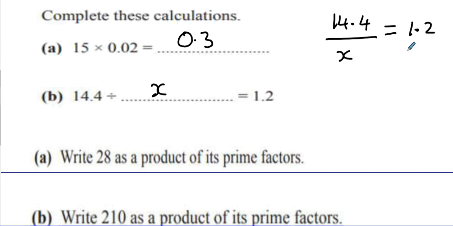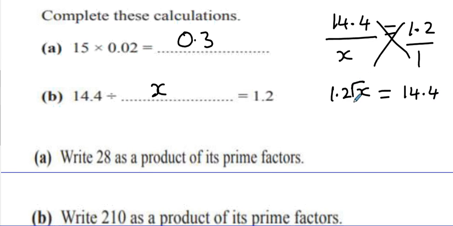See that? So keep this over 1 and cross multiply. This will be x times 1.2, that is 1.2x, and this is 14.4 times 1, which is 14.4. I'm looking for how much x is, so I have to divide by 1.2. This will cancel, so x equals